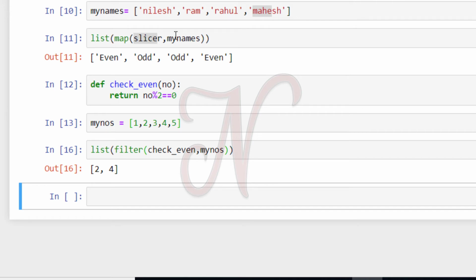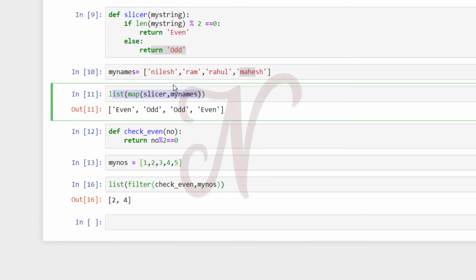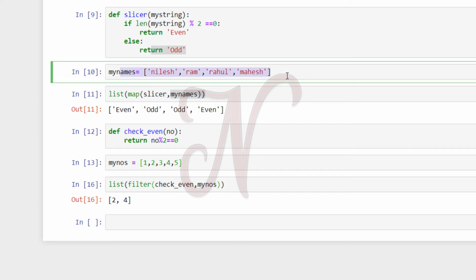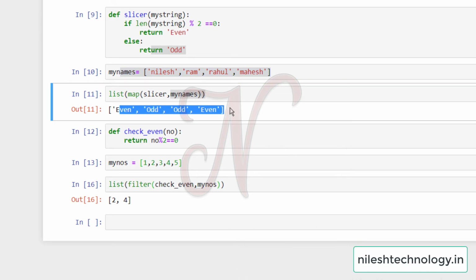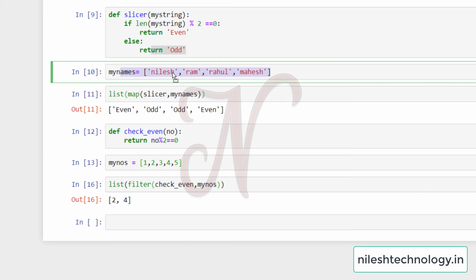So what is the difference between map and filter? See here on map, we pass this names parameter. In my names list there are a total of 4 items, and on output there are 4 items, meaning the map function performs some operation in the function using this parameter and generates one result.